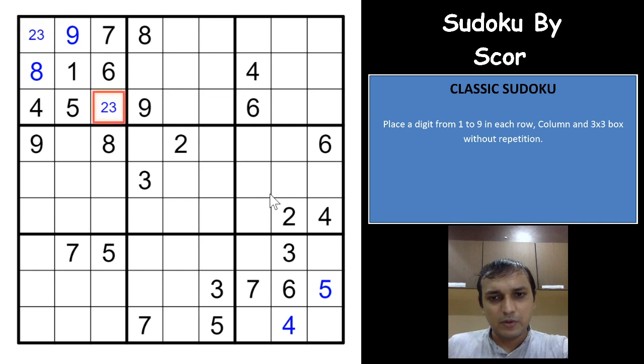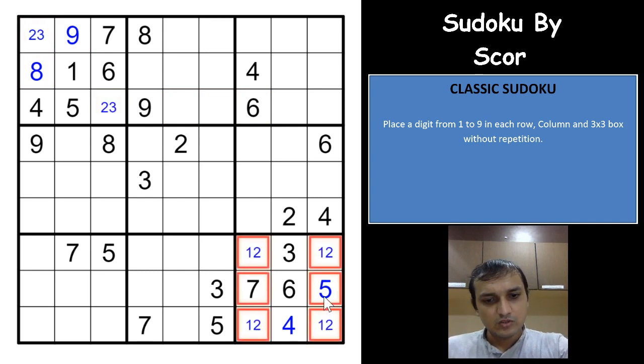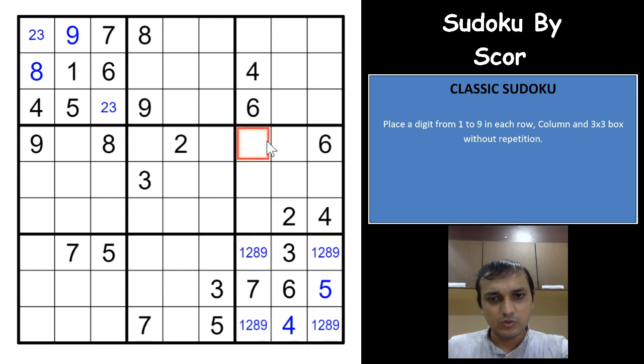And you get a 2 3 pair here, 1 2 8 and 9, right? So let us write that 1 2 8 and 9. In this Sudoku I won't use the corner pencil marks for now, because the logic that we'll be seeing would require only the candidates to be placed in each and every cell, right? So right now we'll place candidates in each and every cell, and let's see what we get here.